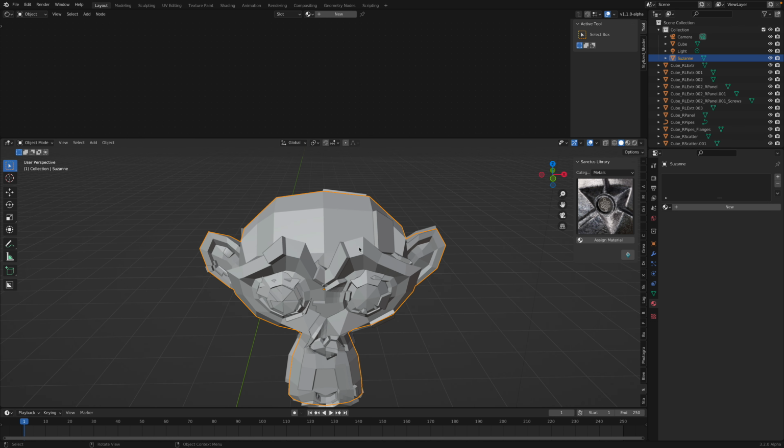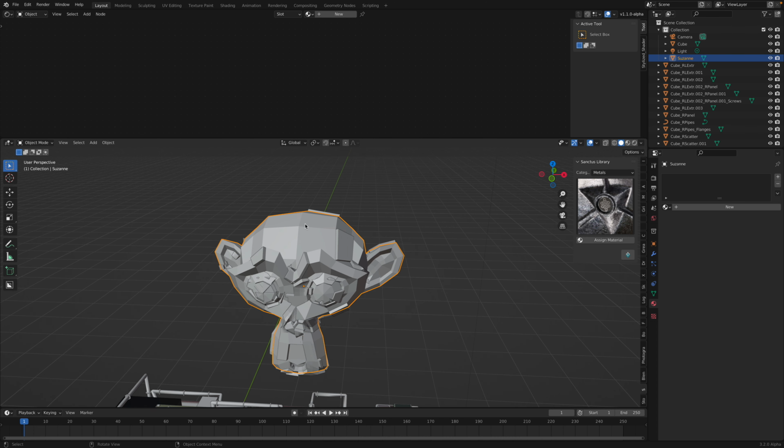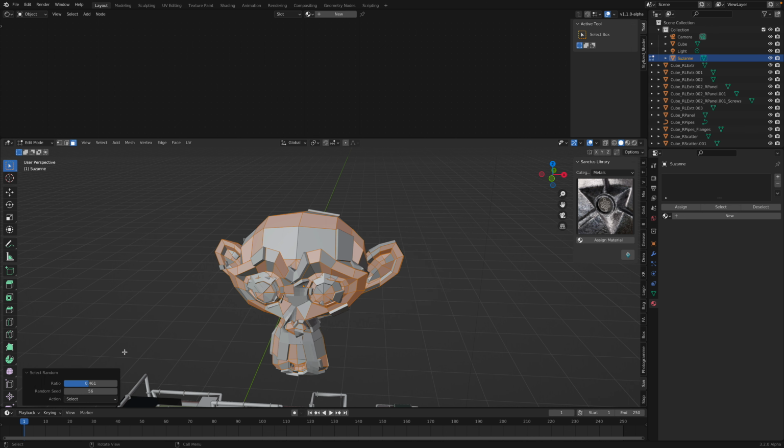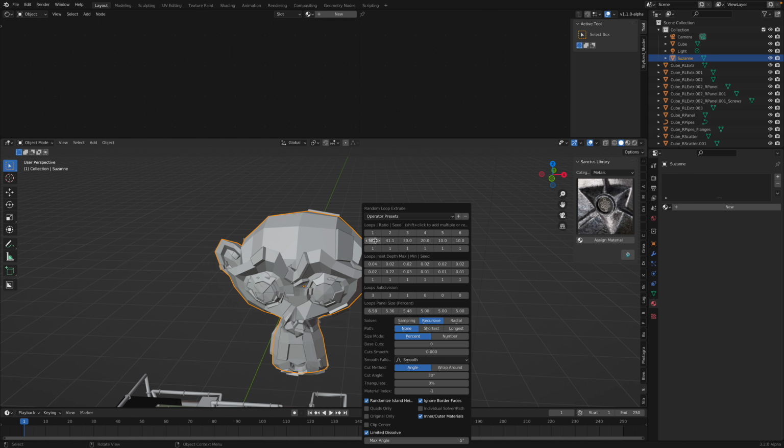So that's one, for example, and you do another random loop, but you use a different select random value, and then you go back and Shift Q, random extrude, yeah, some of the values, I mean, you need to be careful with the